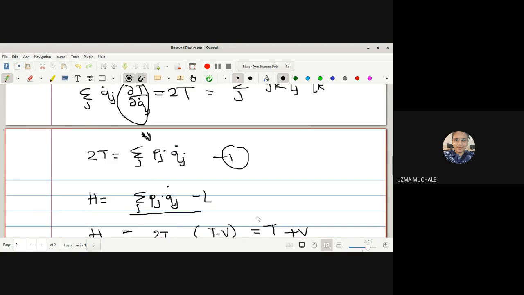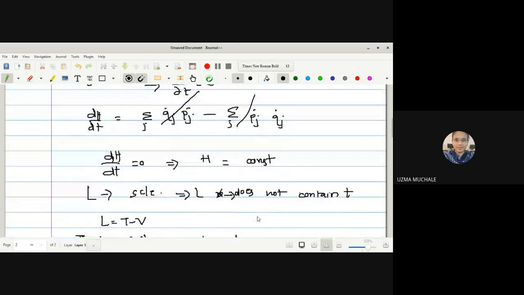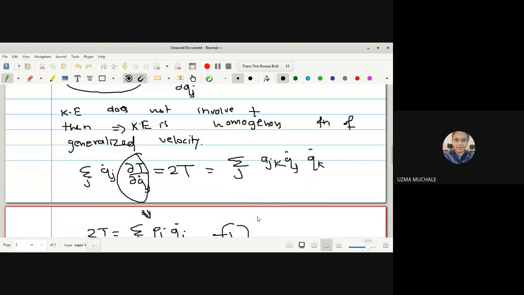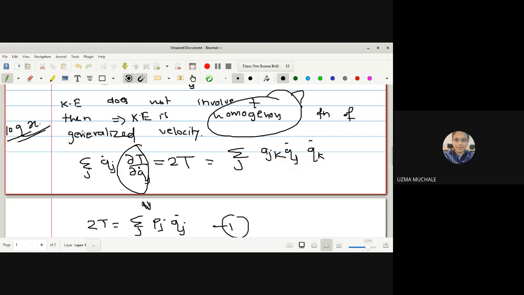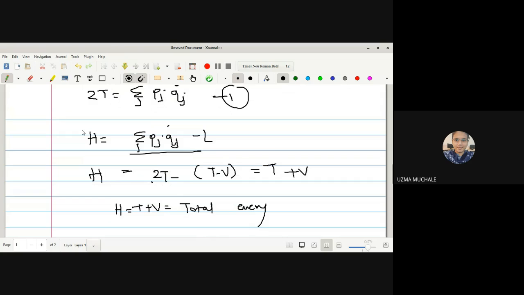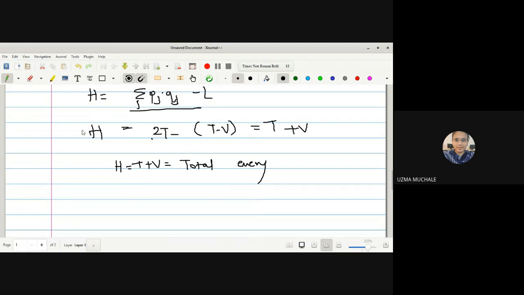Okay, so to prove this you will have to study the first chapter a little. When you know that potential energy is not a function of generalized velocity, and in the case of a scleronomic system kinetic energy is a homogeneous function of generalized velocity. At that time I gave you the homework on homogeneous functions also. What is a homogeneous function? I think I gave you the example of log x to check whether it is homogeneous or not. I don't know how many of you did this homework. So for that we have this result, and just by taking the help of equation 1, the result is proved.